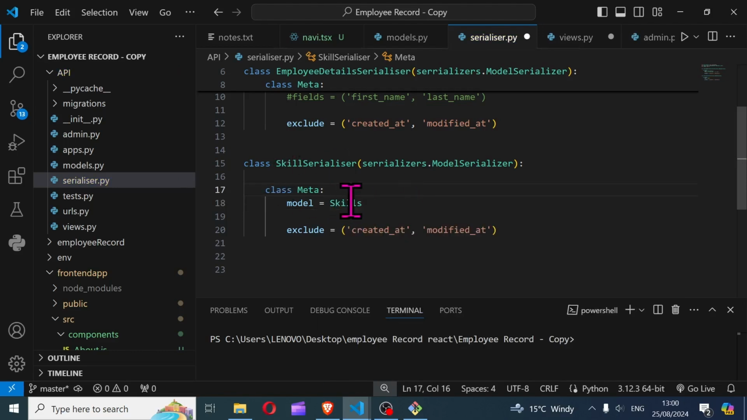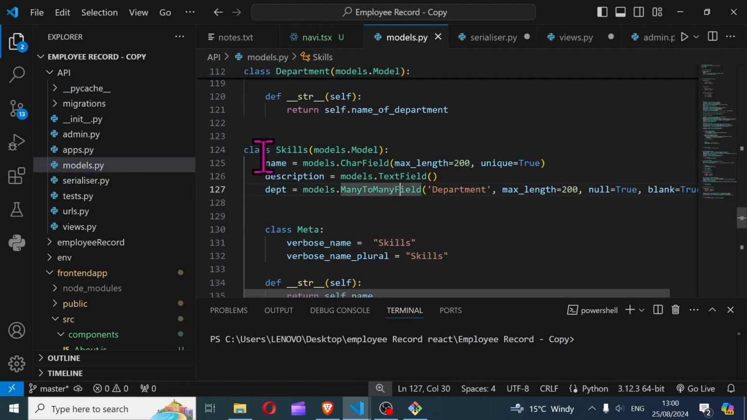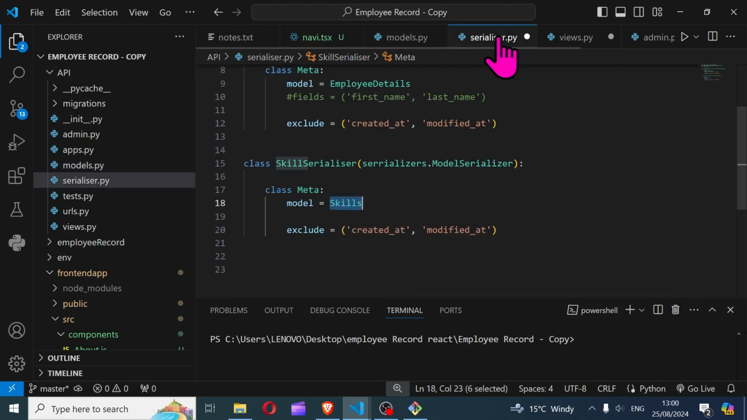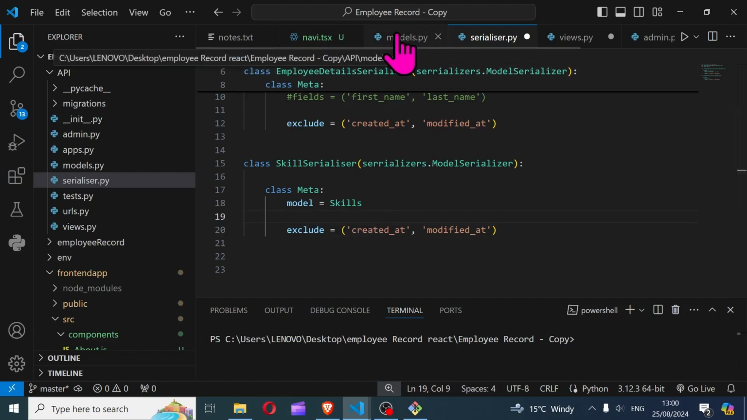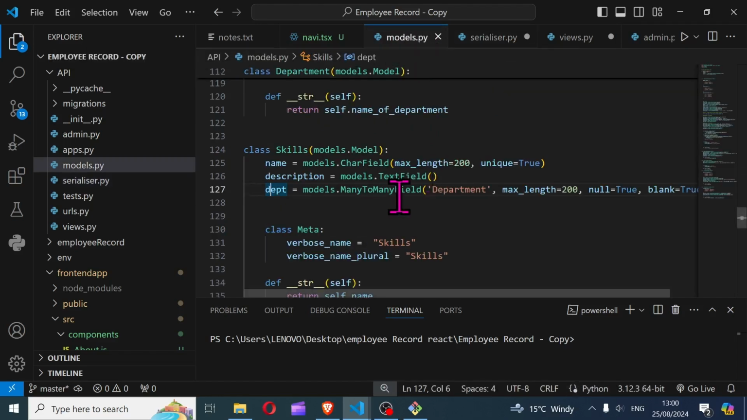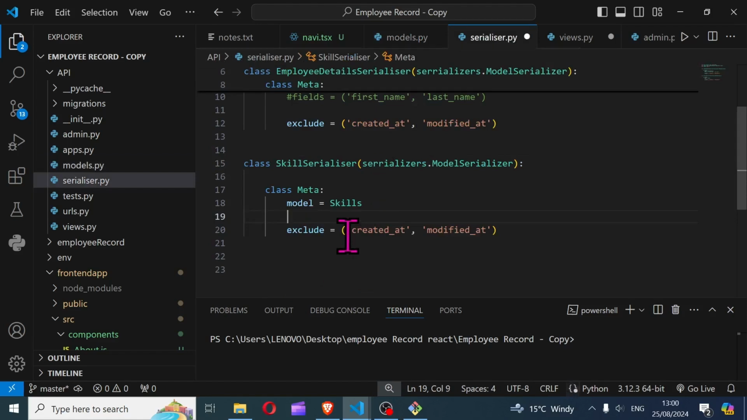So this model, like I explained before, we're gonna use it to update all the skills that are required in the organization: the name of the skill, the description of the skill, and then the departments that the skill is needed. So this is model equals Skills, and then let's say if we need to exclude any field. So we'll go to our models.py. Our skill has name, description, and department, nothing to exclude. So I'm gonna say fields